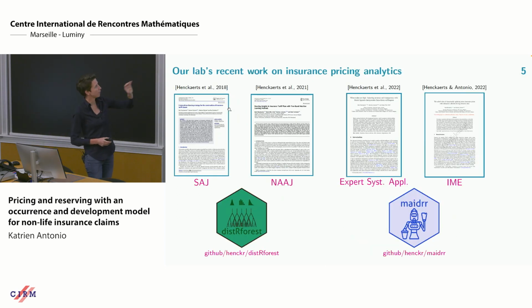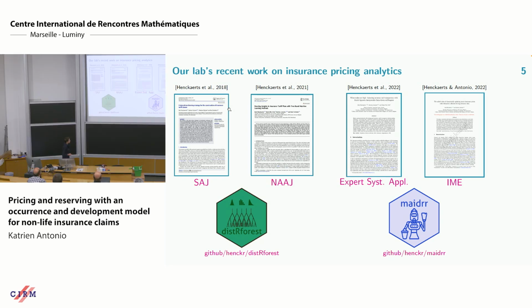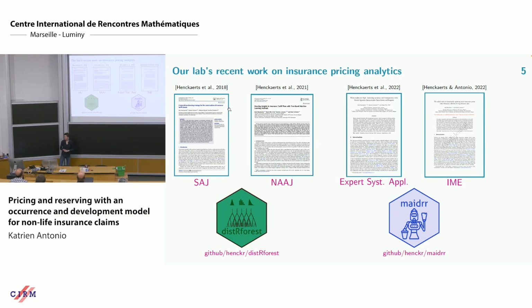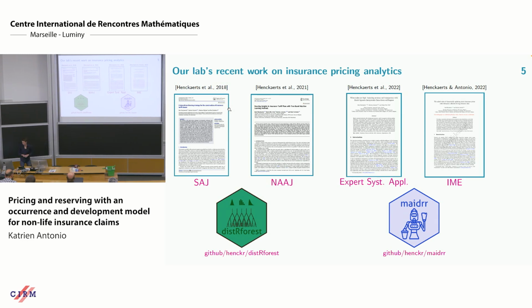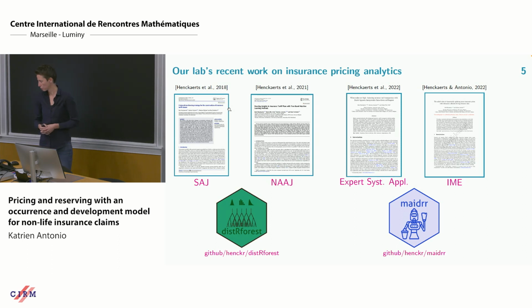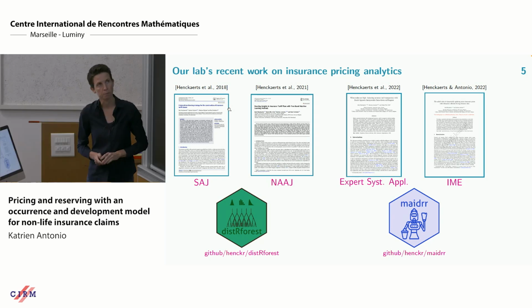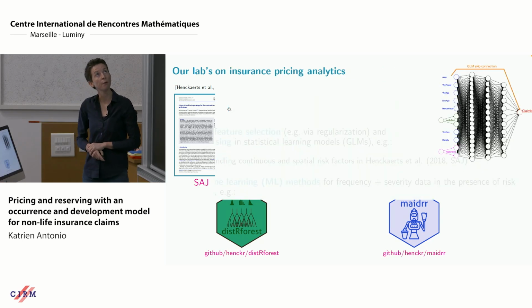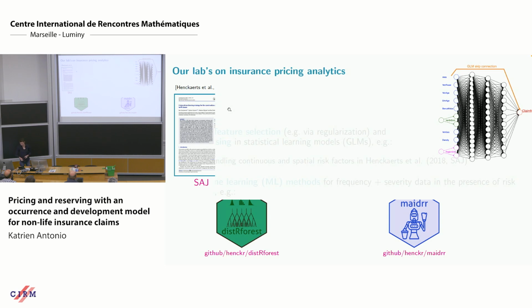And of course, with the team in Leuven, we try to contribute on that field of technical pricing, and you see a few hints here towards articles that we recently have been able to look into, going from how do you handle postal codes, or how do you handle continuous risk factors, up to tree-based machine learning methods for frequency severity. And then in the last paper there in IME, we focused on some telematics dynamic pricing, right? So we have these ideas out there, and many people.